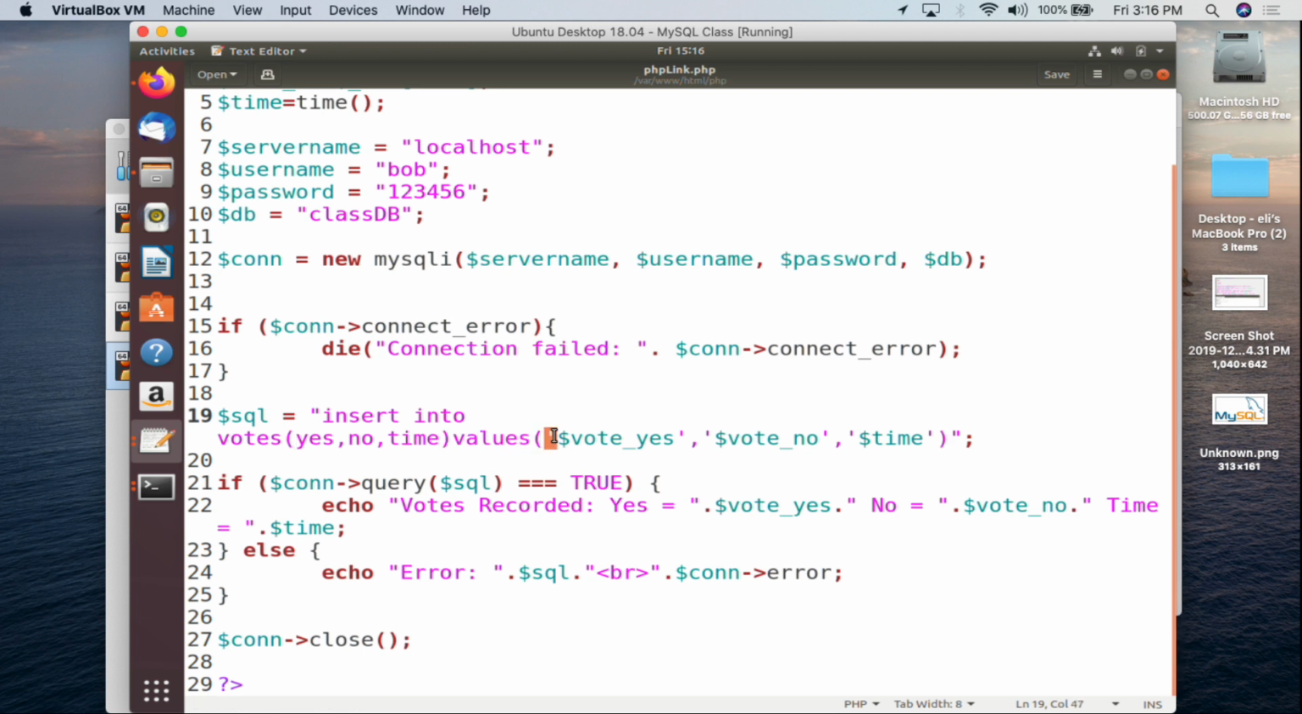And then you do a single quotation mark here. Again, remember the single quotation marks. If you forget those, things go badly. And then you say $vote_yes, close single quotation mark, comma. Then a single quotation mark, $vote_no, single quotation mark, comma. Then a single quotation mark, $time, close single quotation mark, close parentheses, close the double quotation, and then do this